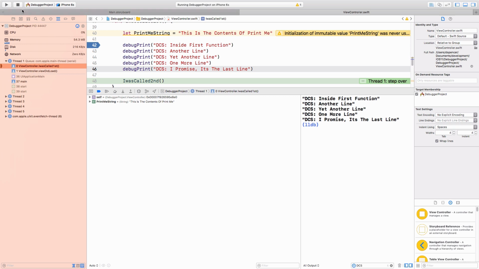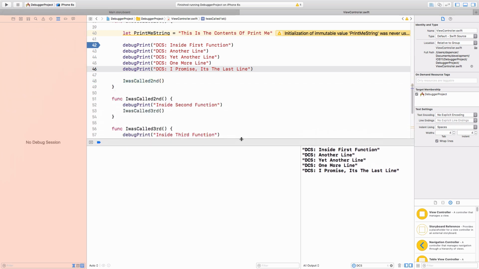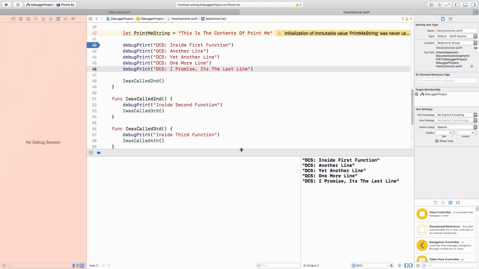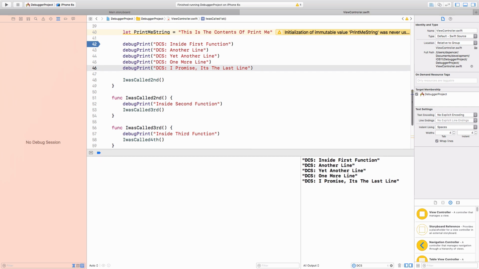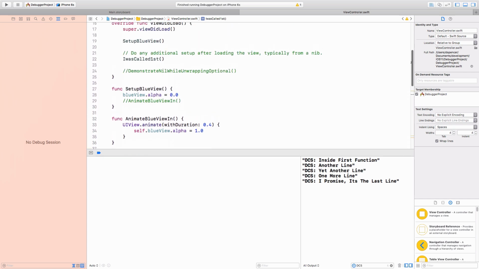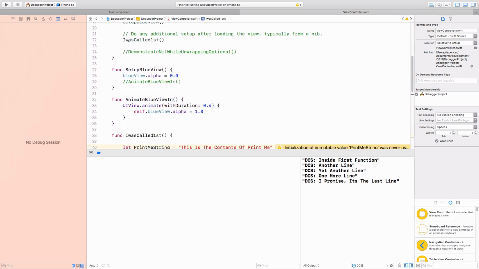And so that's just another good way to help use the environment to debug your application. One of the other things I wanted to show was a common error that you're going to see, especially if you're just starting out developing in Xcode. But I have this method that I wrote